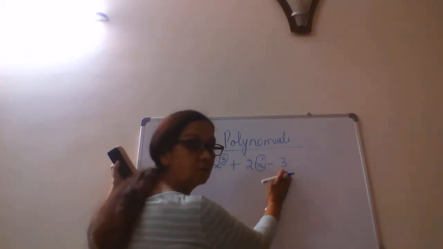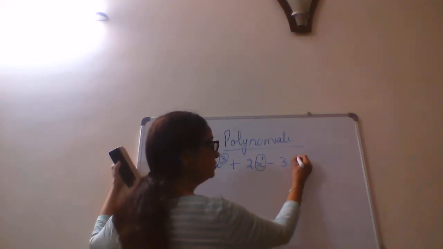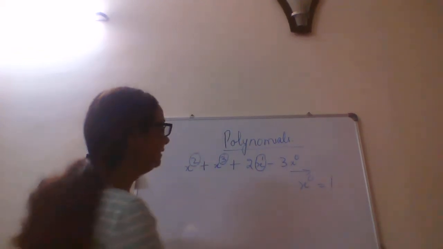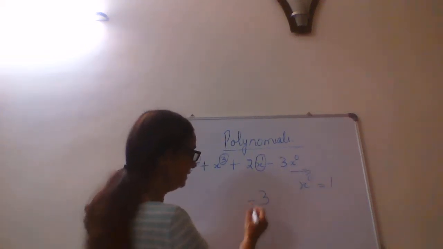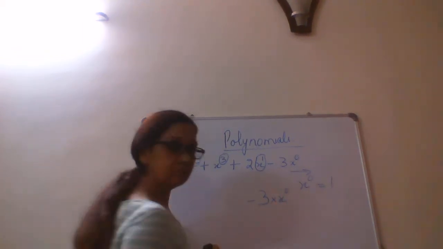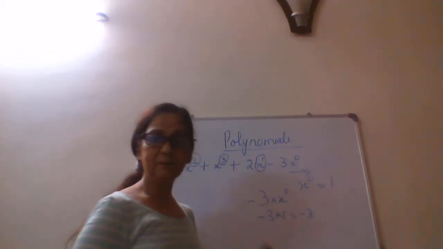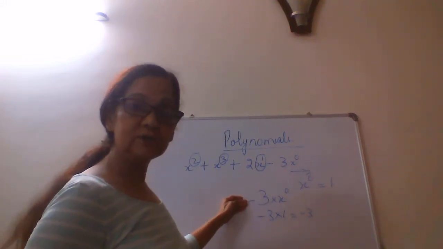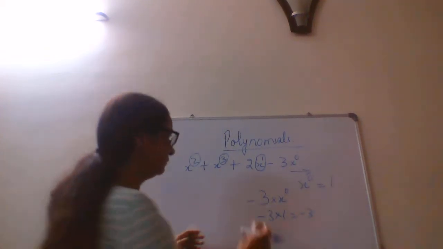Now here you can see this is a constant without any variable. What do we assume here? It has x raised to the power 0, and you are well aware that x raised to the power 0 is equal to 1. So that doesn't do any harm. If it's written minus 3 and we multiply it by x raised to the power 0, which is minus 3 into 1, it equals minus 3. So in mathematics, if you do anything which brings you back to the original question and doesn't change it, it is acceptable. That should be very clear to you.